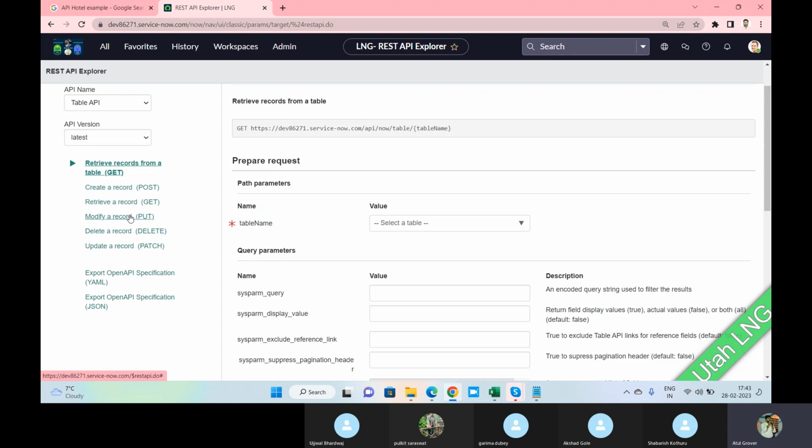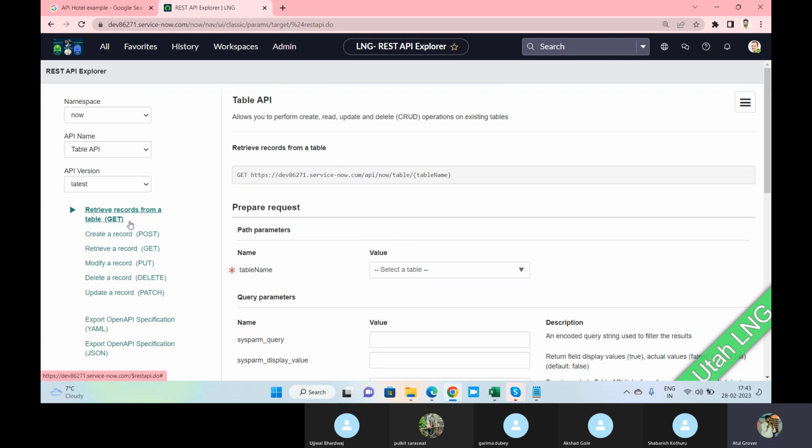And there are two things, modify and update. There's a difference. Try to get the difference in these two. What is the difference between the put method and the patch method here? So generally either you can create, you can delete, you can modify, or you can update. So we use these methods in our APIs. This is called the CRUD operation. This is one of the questions that came in the CS examination, what operations you can do with the help of API. So you can do create, read, update, and delete. CRUD operation we say.